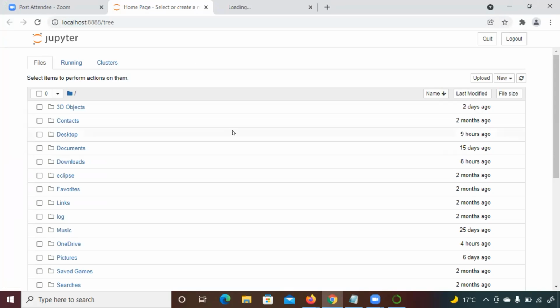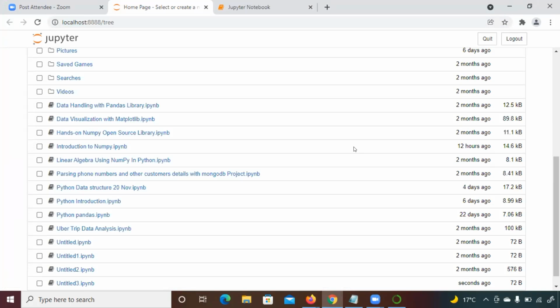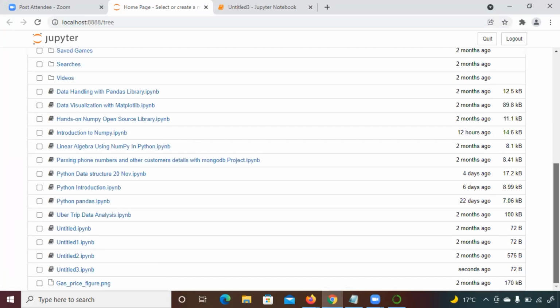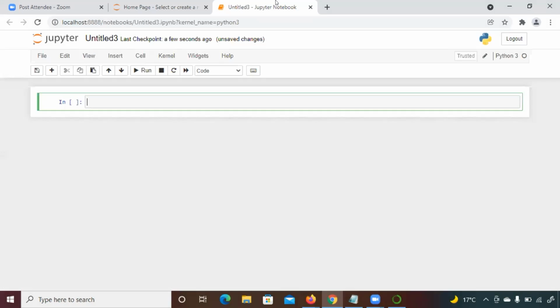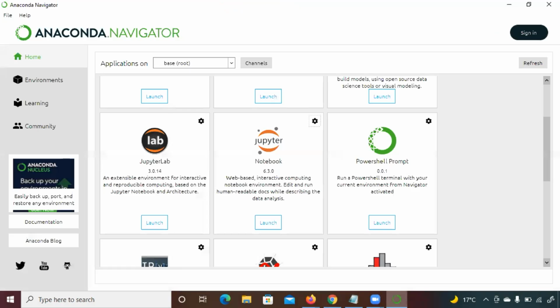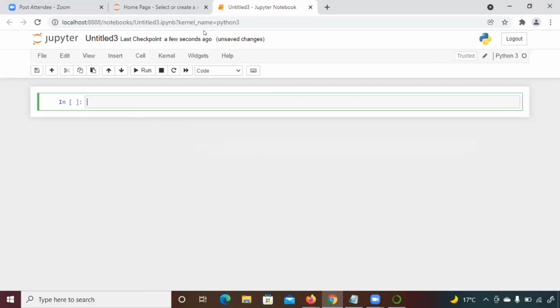Here we are going to run every program. You can see here a lot of data analysis Python programs I have written. You also have to do it. I am going to show you multiple projects on this, you just have to stay focused on that. Now you can see this is a browser-based platform. The software is running here, but as you click on Launch, it will open the browser-based interactive platform on this default browser.